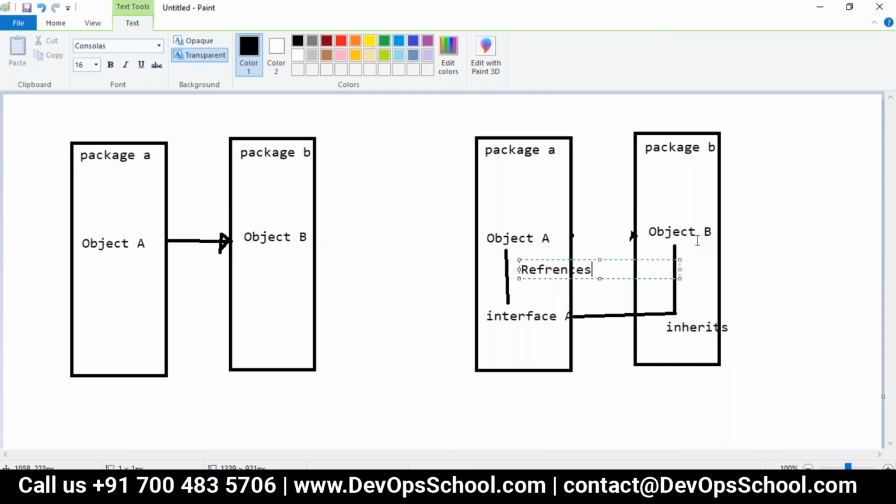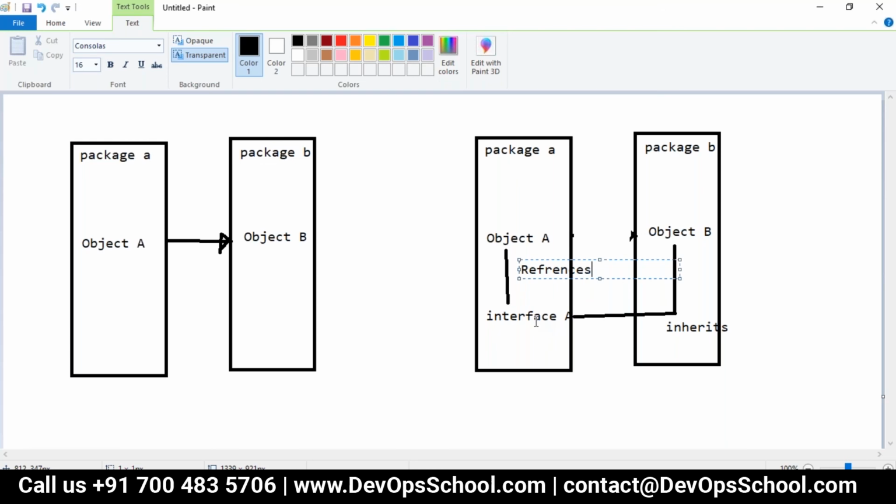Without the inversion principle, object A of package A refers to object B in the package. Here we introduce interface A as an abstraction in package A. Object A now refers to interface A, and object B inherits from interface A. Both object A and B are now dependent on the interface, which is the abstraction.